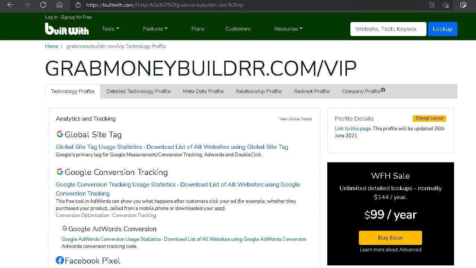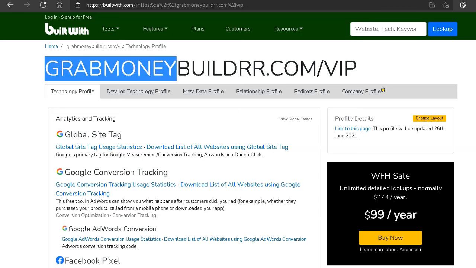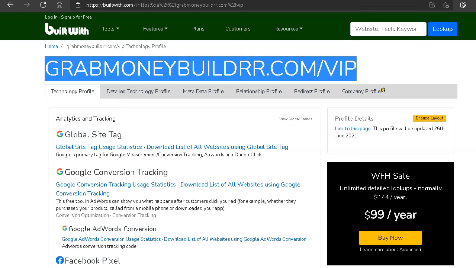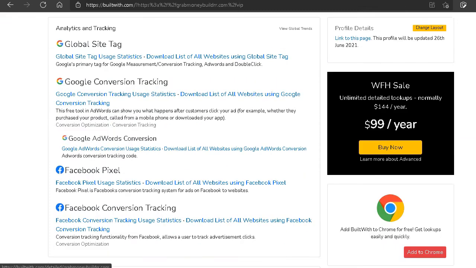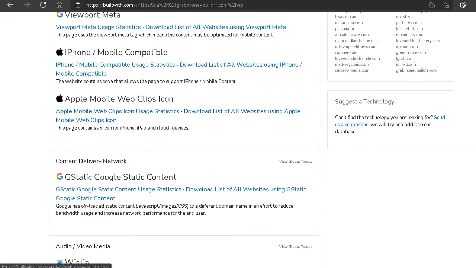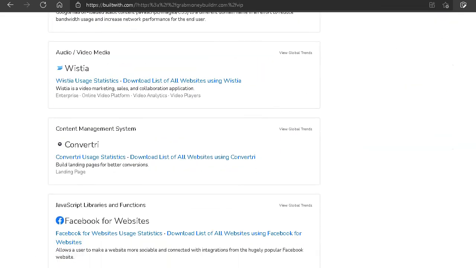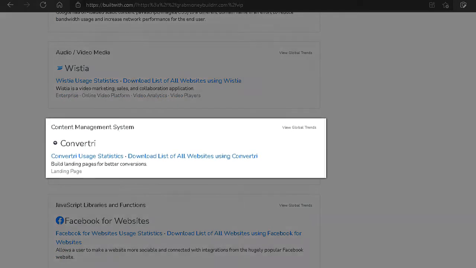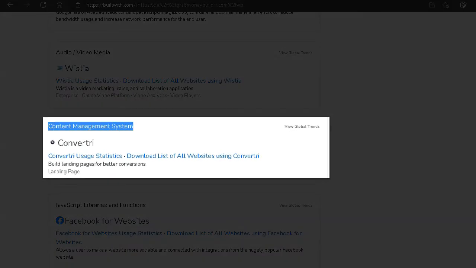So here's the web address for MoneyBuilder, and I'll put the link here. The thing to look for is called the content management system. So if we go down this page and look for the content management system, which is right here, you will see that this website uses